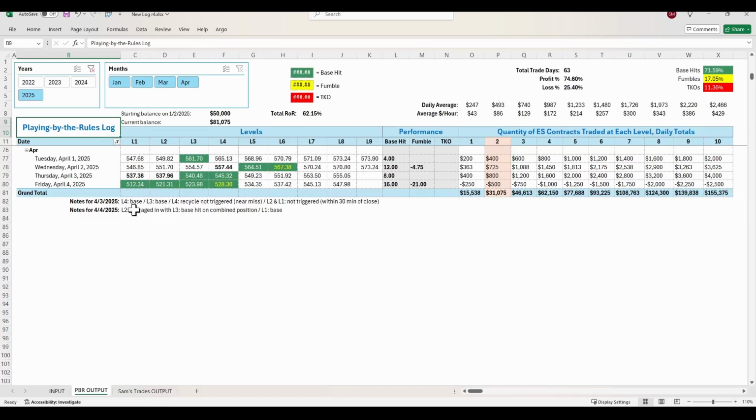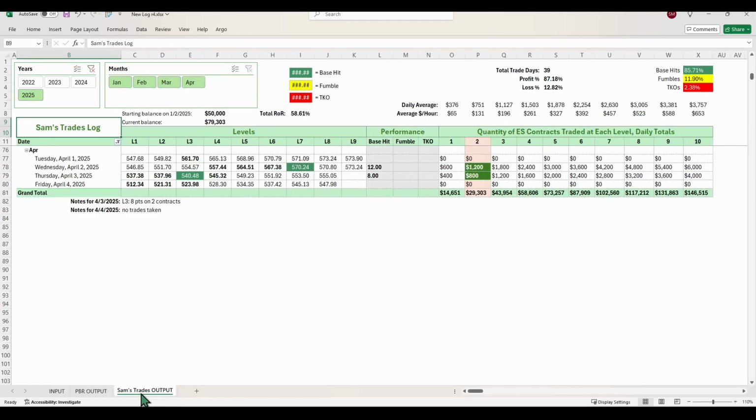And then Friday would have been pretty good. You would have been doing okay, 12 points up, but then taking that last trade would have given you a pretty big fumble. Not really going to call it max loss limit because of that wiggle room thing we're talking about. Plus, being on the short side was the overall plan for the day. So anyway, hopefully I explained that, but that gave you another base hit on the reversal, but end of the day in the red because of that. And over on the Sam's trades output, I did manage to pull 8 points on Thursday, did not trade on Friday. So that's a wrap for last week.